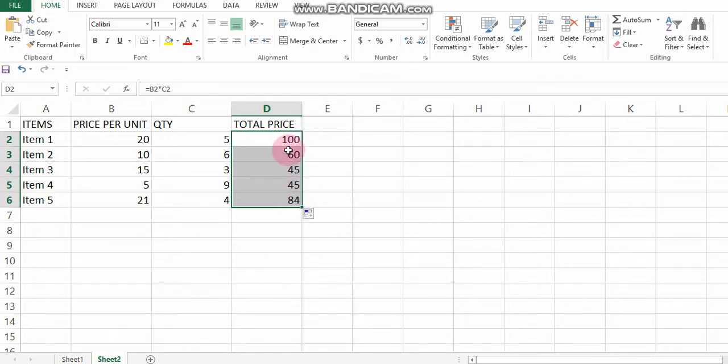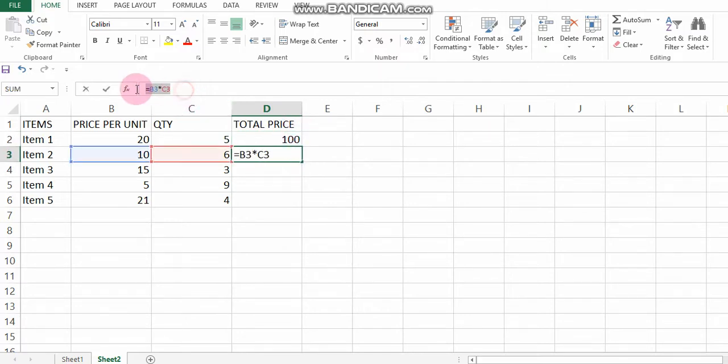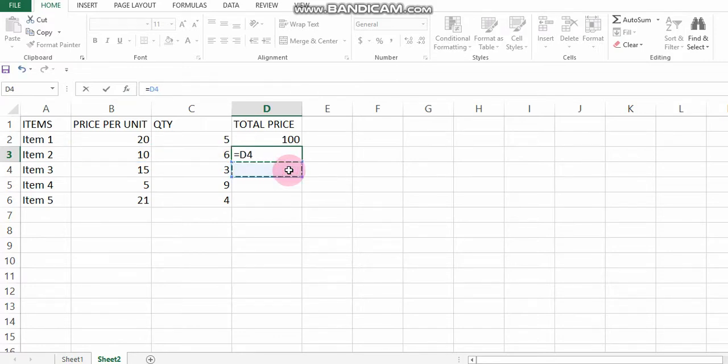So instead of this, you can press Ctrl C, and then select and press Ctrl V. What happens here is it is not copying the content, it is copying the formula and pasting it here by changing the reference. As we are using relative reference, if you remember the previous concept which we have started. So whenever you copy, it will copy the formula.